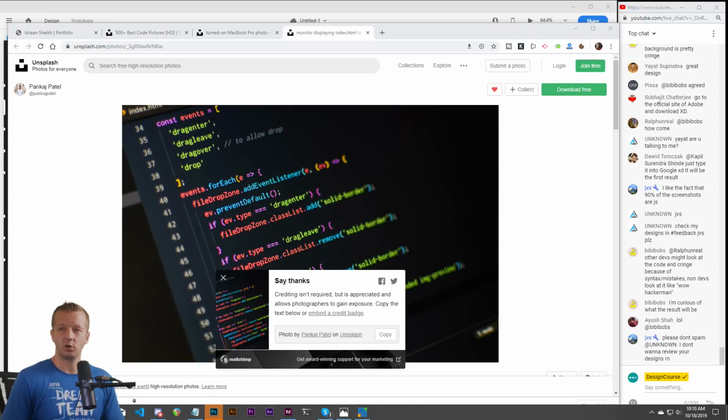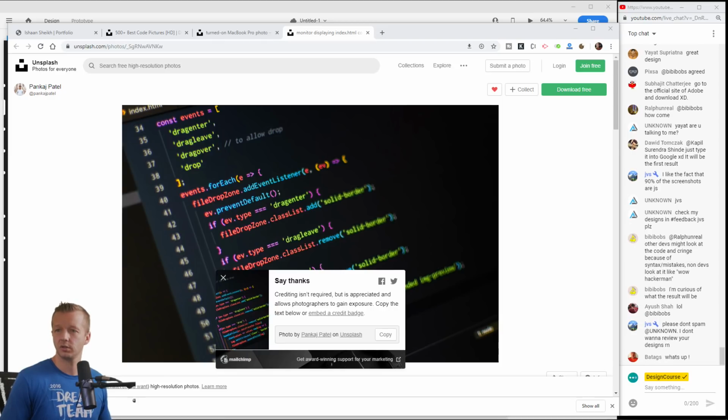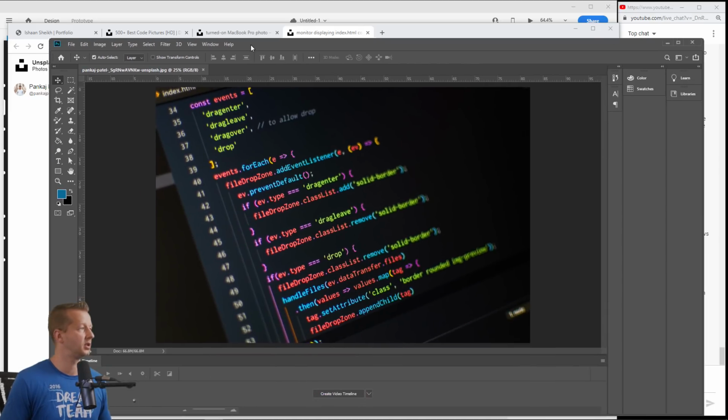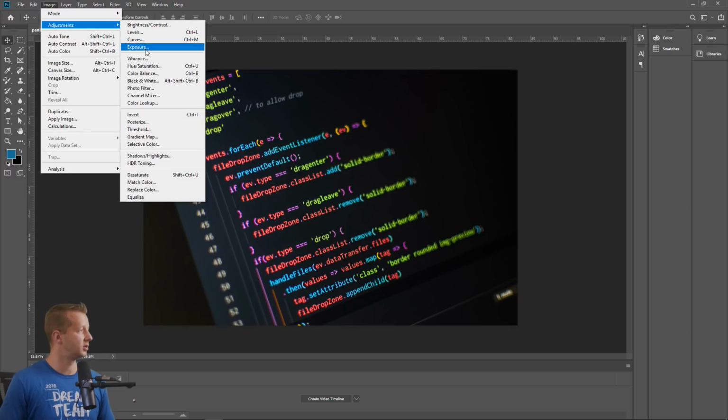All right, Photoshop is opened up on my other monitor. Let me get it over here. Let me first just open the image in Photoshop. The reason I'm bringing it into Photoshop is because Photoshop's raster based, so we can make adjustments that we couldn't make first in Figma or Adobe XD. Therefore we're going to make them here. So, image adjustments,